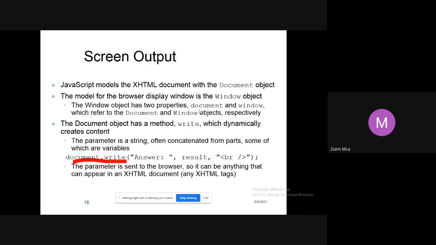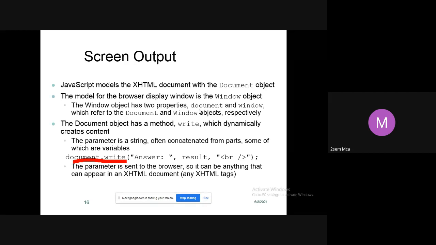Whatever you want to display on the output screen or on the browser, we use this statement in JavaScript, that is document dot write. The document object has a write method which dynamically creates the content.